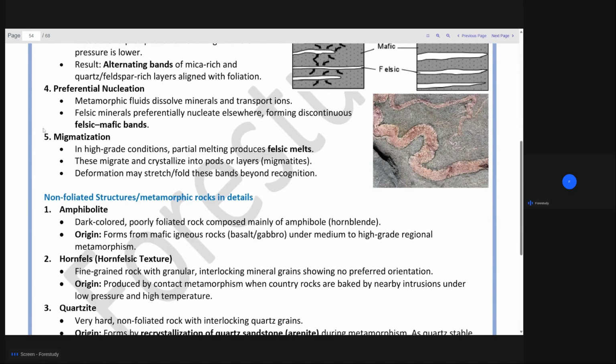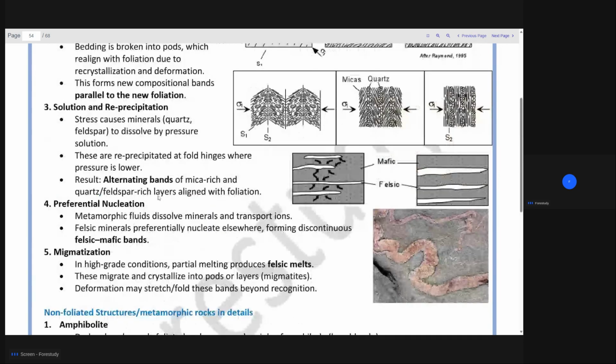Then at last comes migmatization. In high grade conditions, partial melting produces felsic melts. These migrate and recrystallize into pods or layers, forming migmatites. Migmatites are metamorphic rocks, but here partial melting can take place. Deformation may stretch or fold these bands beyond recognition. This is how